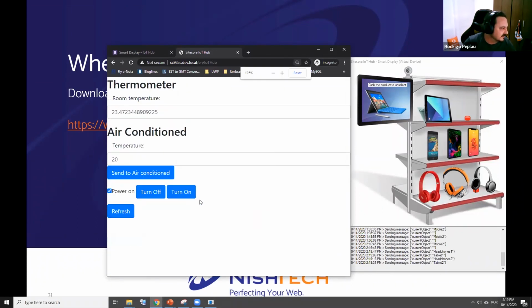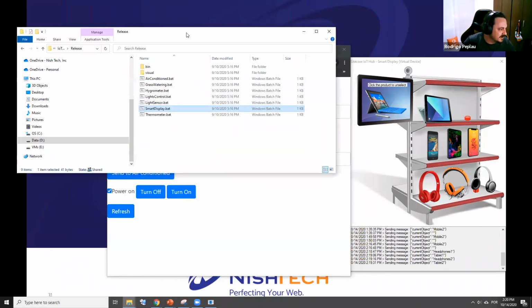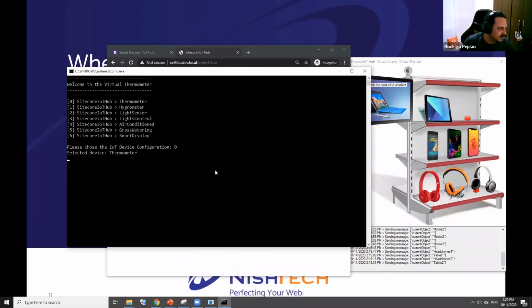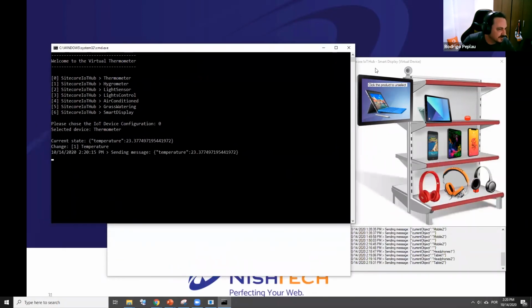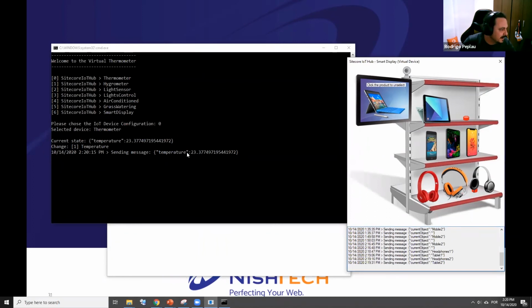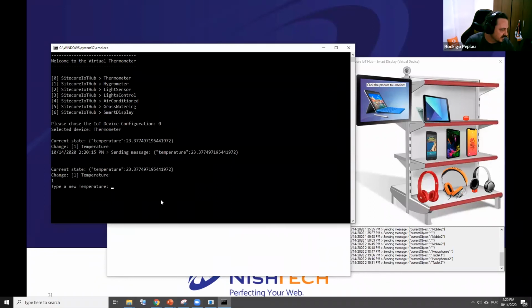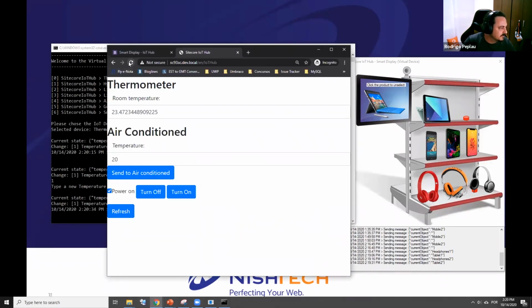Here is a forms example. So I'm taking the room temperature from the thermometer, the air condition temperature from here, and I will just open one thermometer. It's a virtual object, like I said. Command prompt in this case, it's not visual like the smart display, but I'm passing here 23 degrees. I will update the temperature of the thermometer to like 35. So if I refresh here,